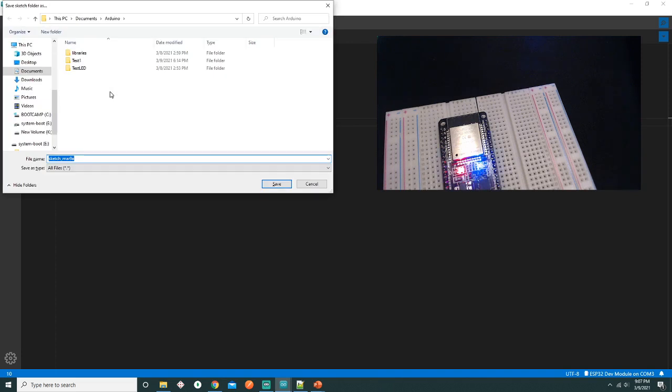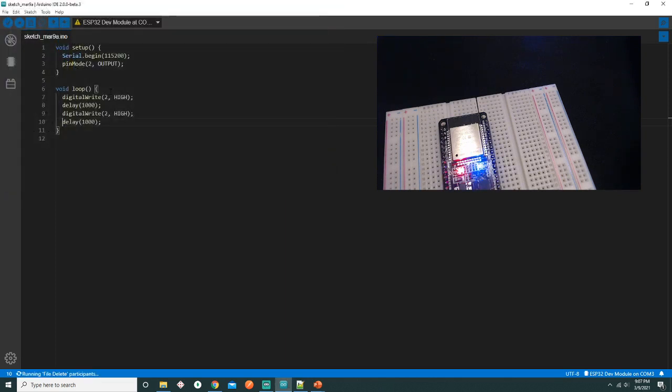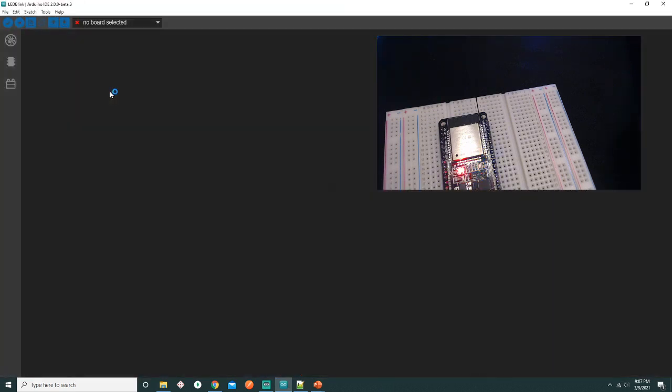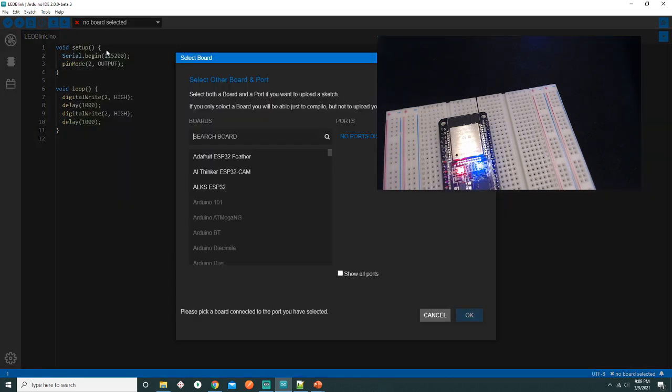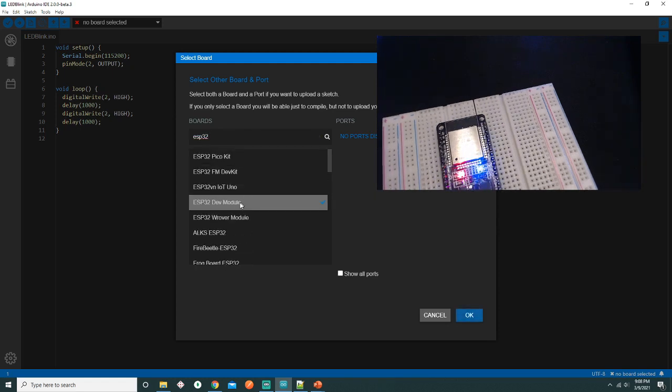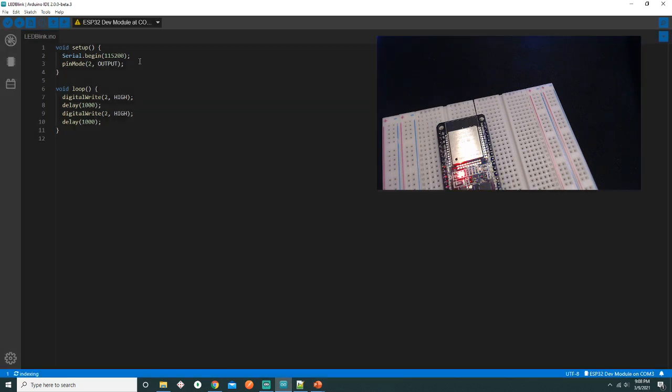Let me try and save this. So if you guys can observe, after saving this particular sketch with a new name, it relaunched the IDE with the new name, and the board name has disappeared. Now let's go and select the COM3 port once again. So it is again asking for the board name here. Now I believe we are back in business, and let's see if the upload works fine.